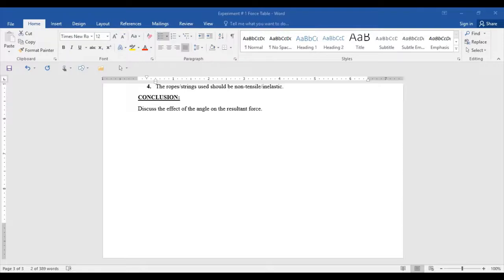So this will be the FR, and you know well, if F2 equals 30 grams, what does it mean? F2 equals 0.29 Newton. So this is F2, this one is F1, and this will be FR. You have to calculate it. This is the way you can do it, not on the PowerPoint. You have to do all the calculations in your manuals.